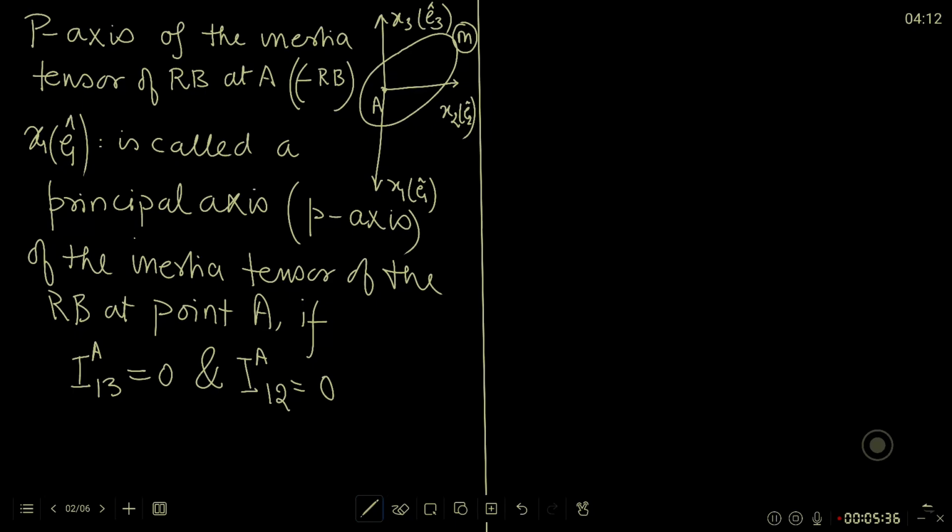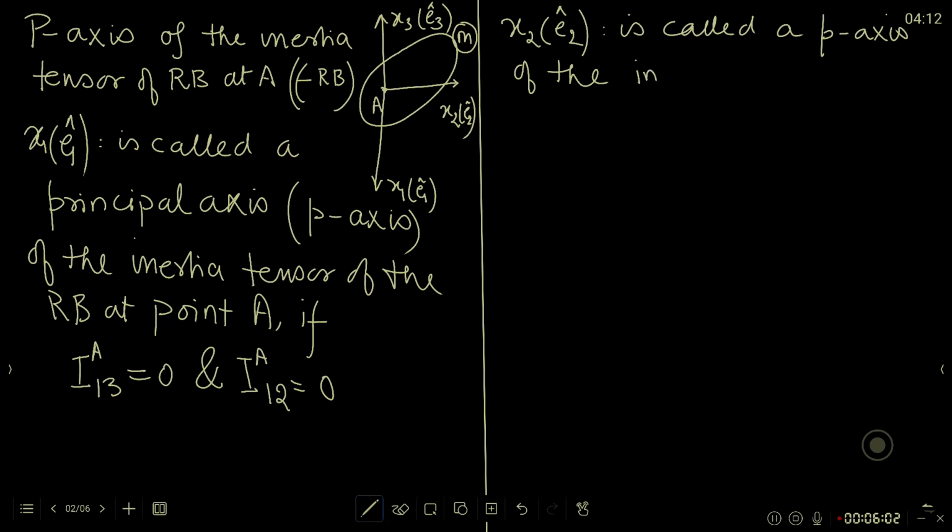Extending the same definition and in the context shown on the screen, x2 e2 is called a principal axis. Under certain conditions, x2 e2 can also be a P axis. x2 e2 will be a P axis of the inertia tensor, same words that I used last time, at A if